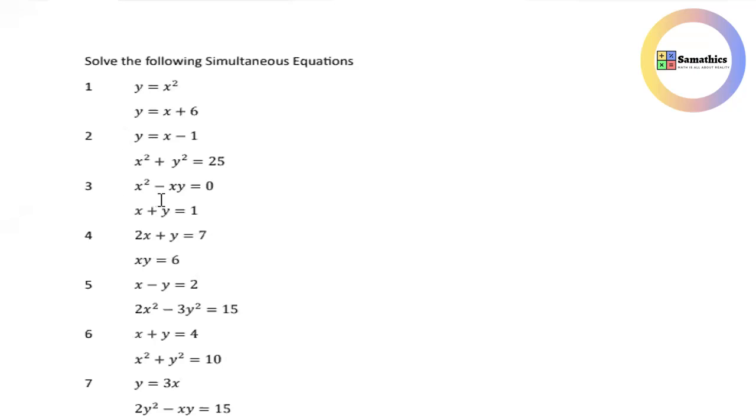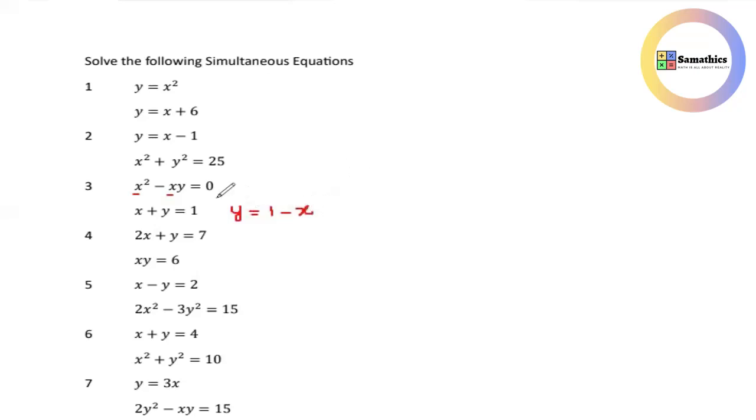In question number 3, you have x squared minus xy is equal to 0 and x plus y is equal to 1. Now, what happens here is that you have to make the subject from one of the equations, right? So here you will be making it from the second equation. And which variable you make the subject, whether x or y, you have to decide. It's better in this equation if you make y the subject, and it will become y is equal to 1 minus